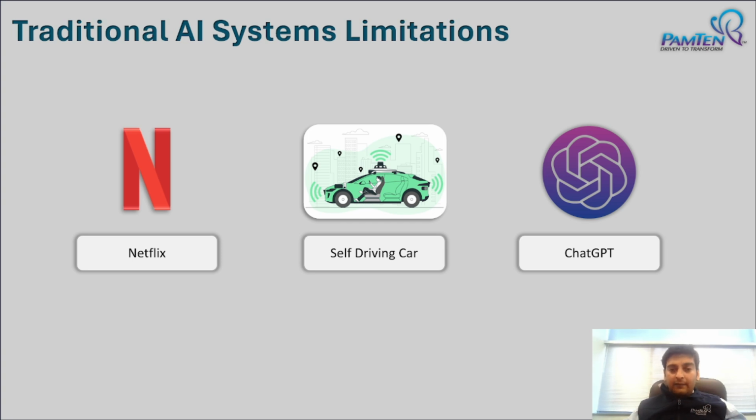Similarly, if you have a self-driving car, let's say you were in your self-driving car and suddenly there's a parade in front of you. Now, what would this self-driving car do? Well, it will either look for a left or a right turn so that it can avoid this parade. But then again, it doesn't really account for your safety or the time taken to reach your destination. It just sees that there's an obstacle, I'd have to avoid it. Let me take a left or a right.